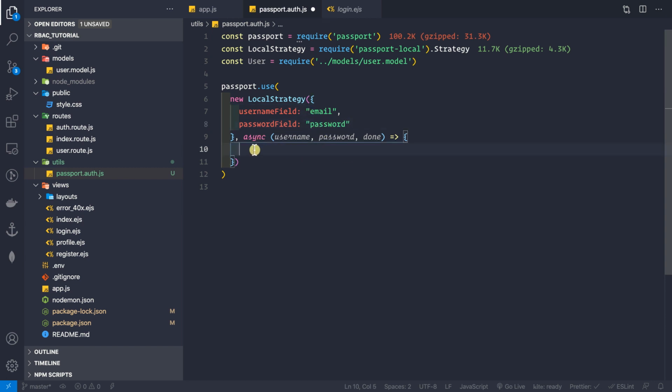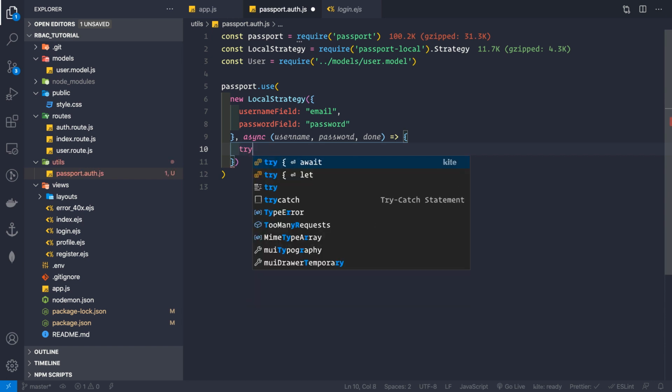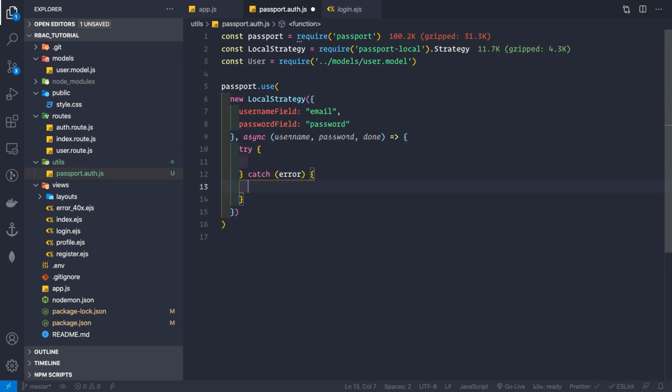And now here, in most of the tutorials, you won't find using this function as an async function. Basically, they'll be using callbacks, but here I'll try to use modern JavaScript. So that is why I'm making this function as an async function. So whatever we do inside this function should be inside try and catch block. So try catch like this. And if there is an error, then we can simply call done with the error parameter as the only parameter